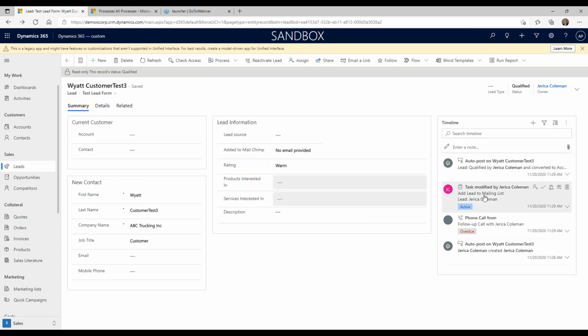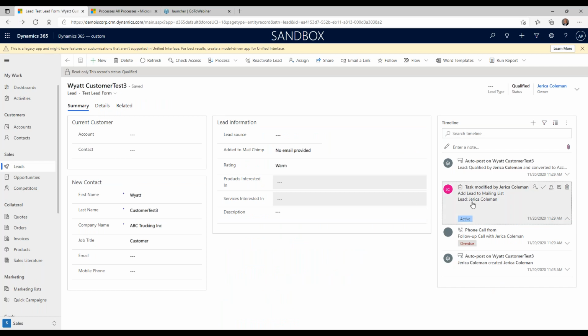It actually creates a workflow that can either, A, add a lead to a mailing list, or it could add a status up here to a lead, like, is this qualified? So is the lead,